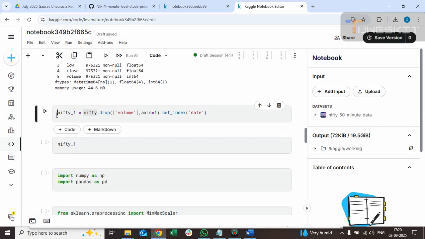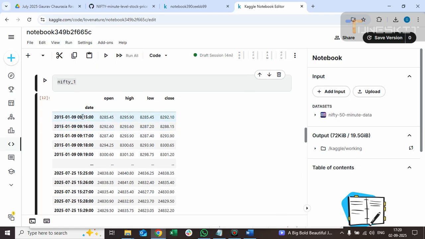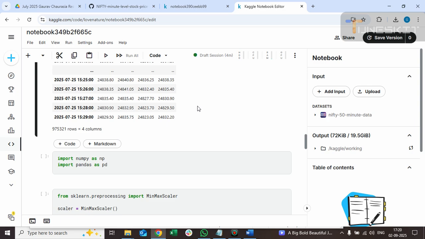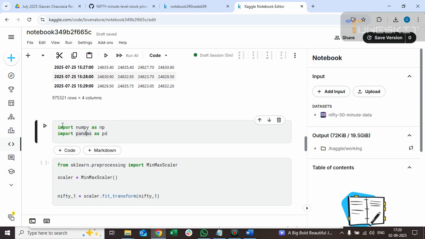So now we run this cell to drop the volume. We don't need this volume column, so we drop it by running this cell. It is executed. Now let's see how the data is now. Our data has the date column, open price, high price, low price, and close price. The volume column is dropped. Now we import these 2 libraries